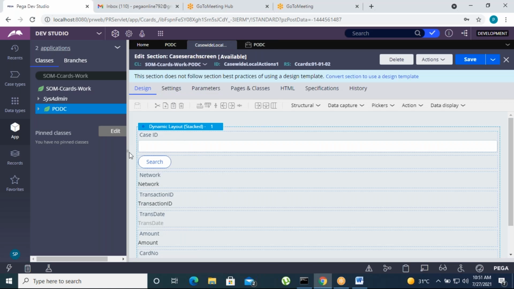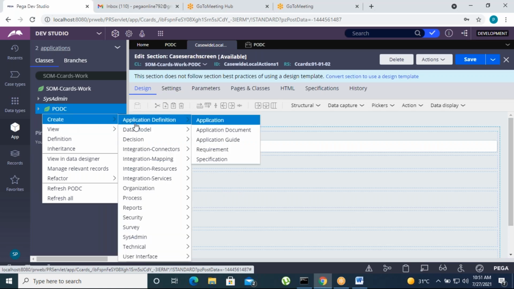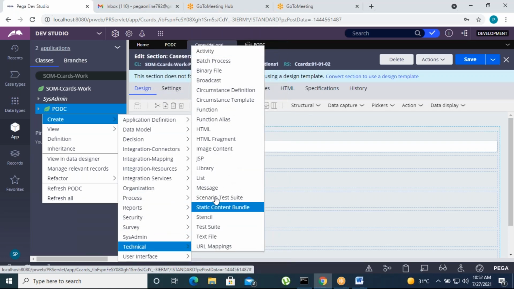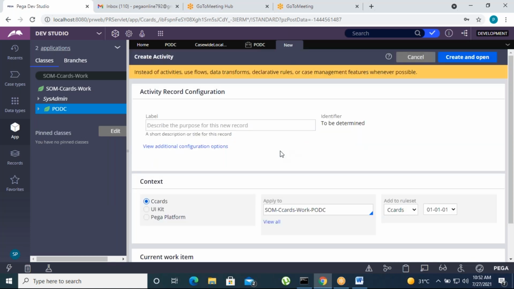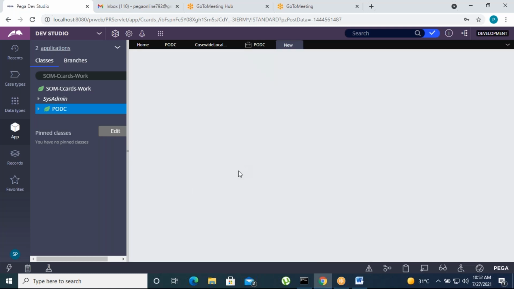Now let's create an activity and call it under the button. Let's go to create, then technical activity. Let's call it populate case information. Okay, this is my activity. Go to create and open this activity now.